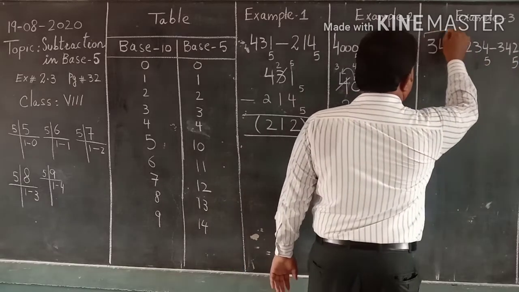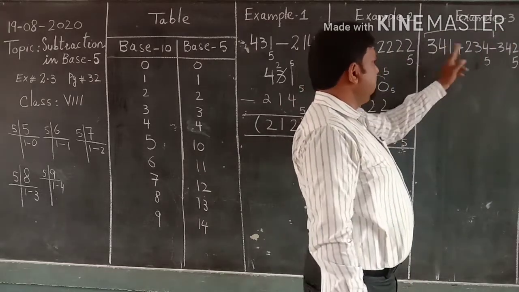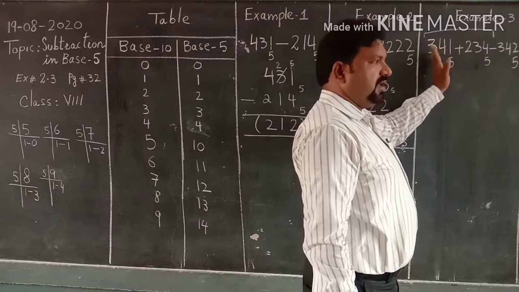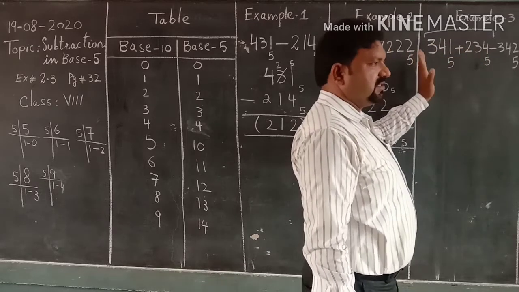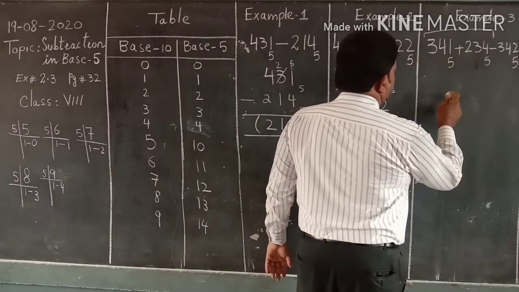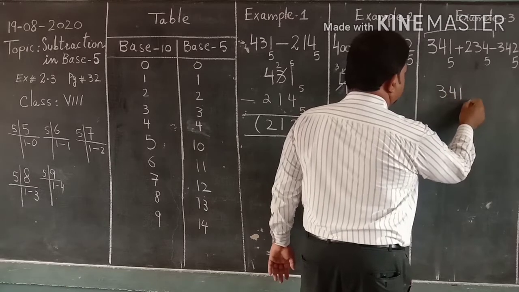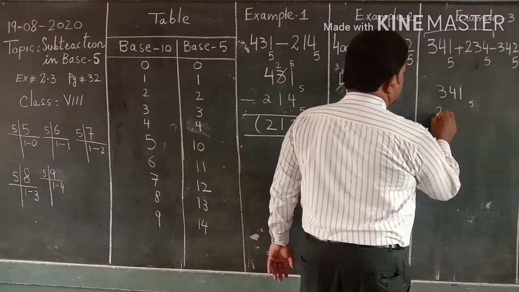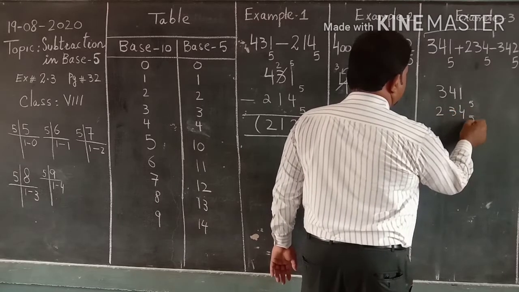First we will add the first two numbers, because there is a positive sign between them. You can add these numbers, 341 base 5 and 234 base 5,